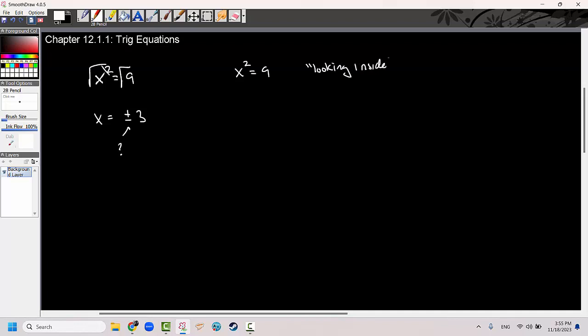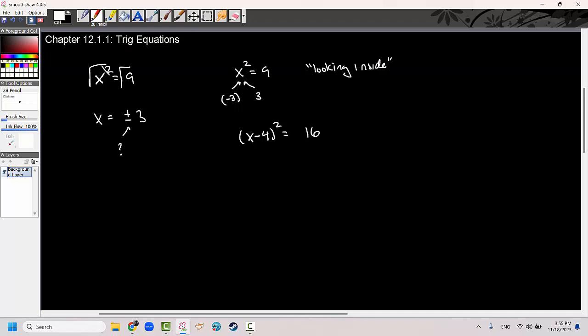When you do the looking inside method, what you do is you want to think about what number could go in there, and if I squared said number, I would get 9. Well, 3 is an obvious choice, but actually what's not as obvious is that if you plugged in a negative 3 entirely in for x and squared it, you would also get that 9. And so in Integrated 2, they emphasized this a lot, like especially when you were just getting started with perfect square